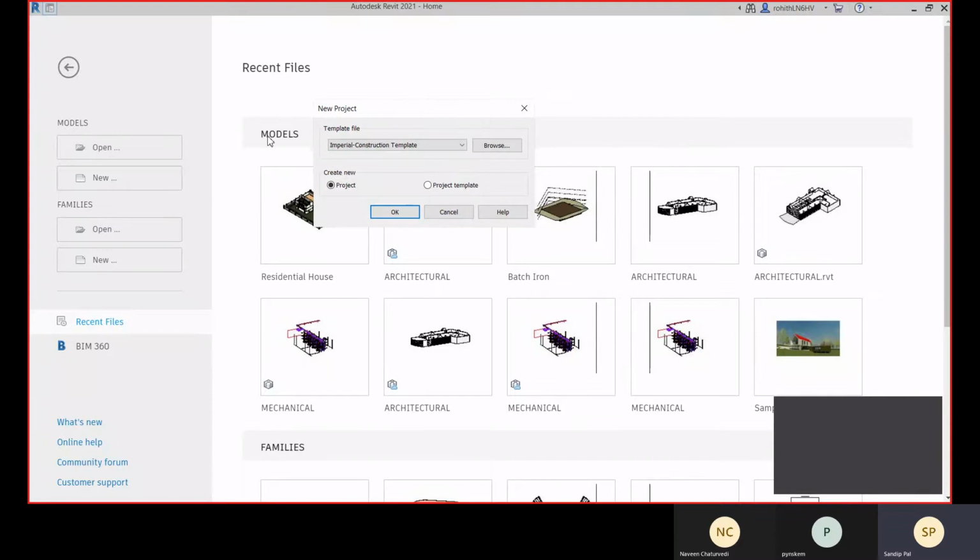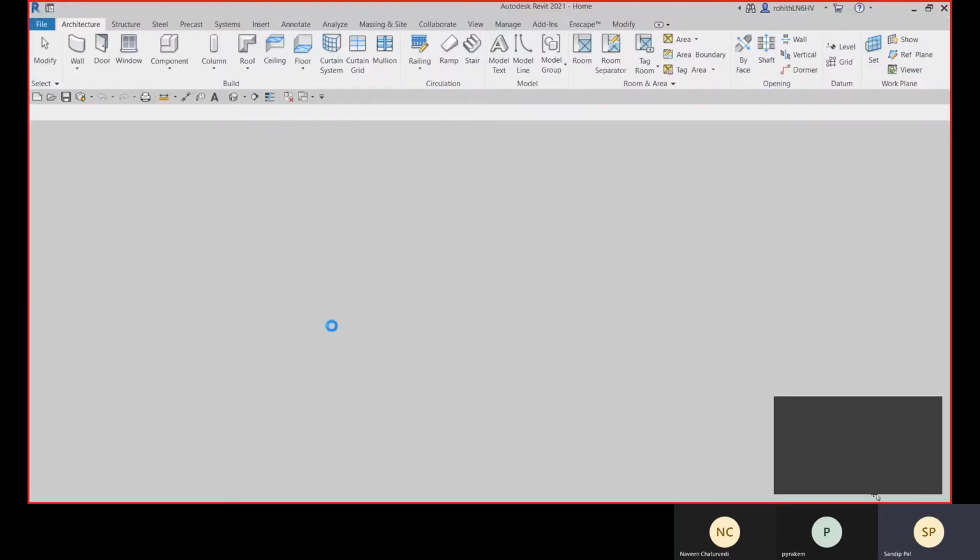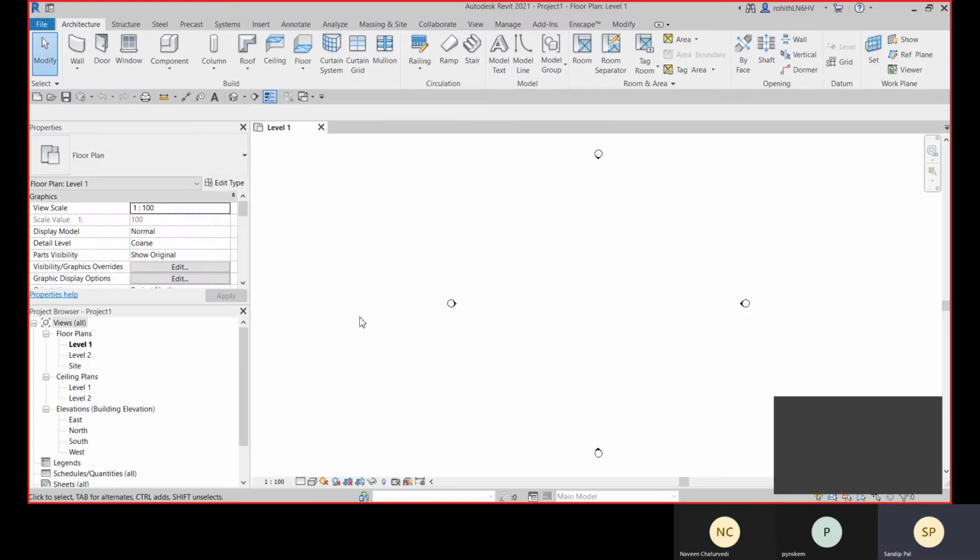And today I'm going to show you about a Revit link. You choose the right template and choose it as a project, then click on OK. And as per the template, everything will be set so that you can start working, like all the levels and all these view templates and the project unit settings, all these families, if you need any project parameters, so everything will be included in this template file.